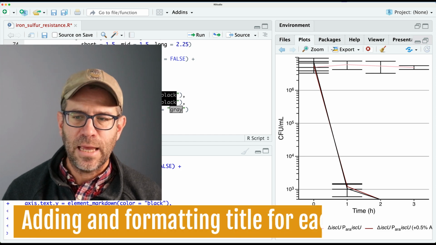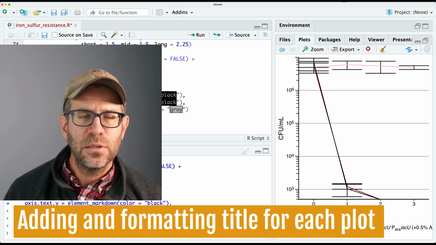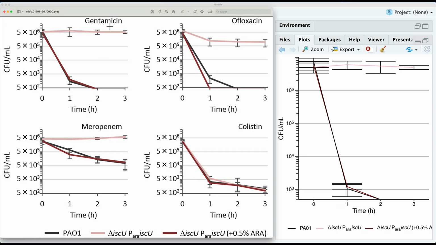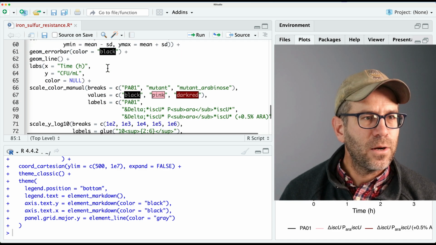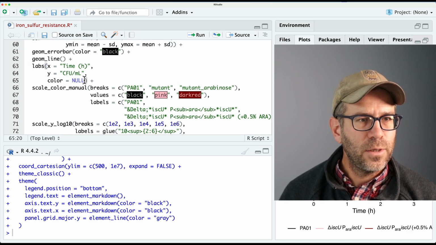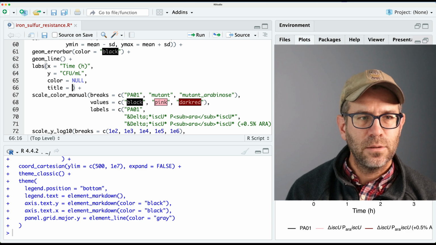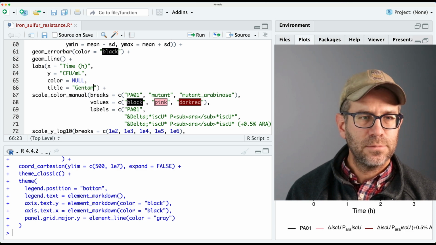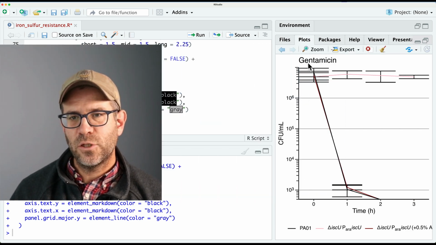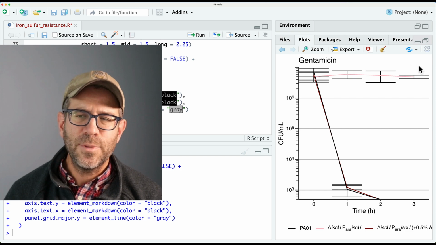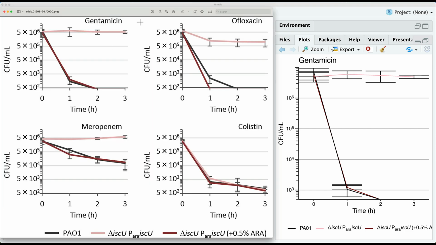So one last thing I need to add to this is a title, and the title was included to indicate the drug. And so back up here in labs, I could put in here title equals gentamicin. And so now I have gentamicin as my title, but I want it to be right justified. And so you'll notice that gentamicin on all these are right justified, but there's a bit of a margin on